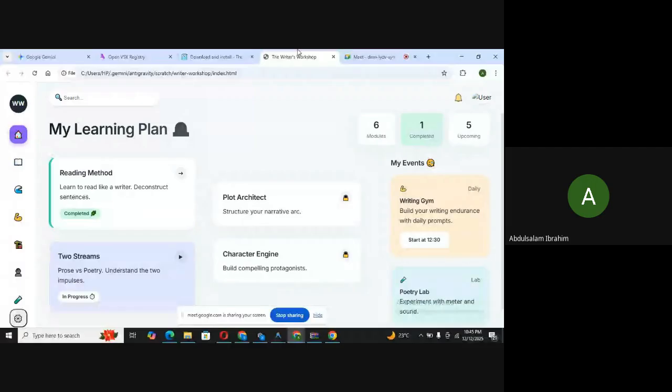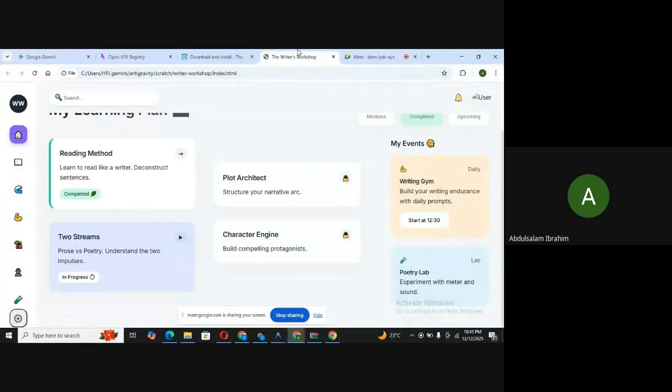This is what I built, called the App Writers Workshop, where people learn how to write with the writing method, two streams, comparing prose and poetry, how the same thing could be written in different ways, plot architecture.